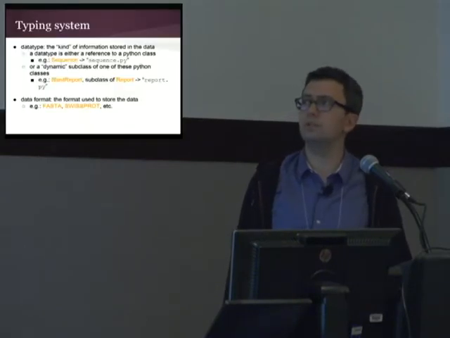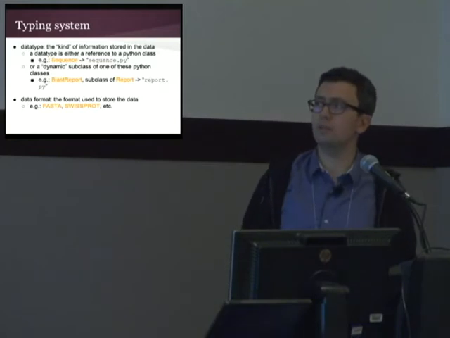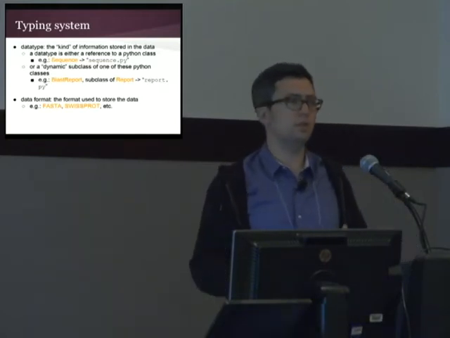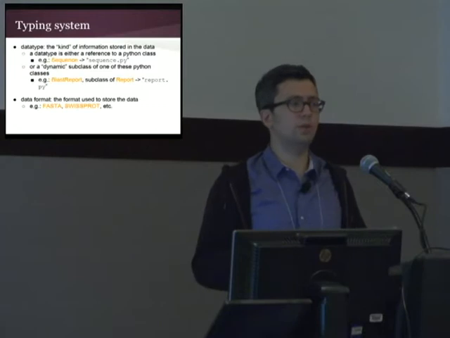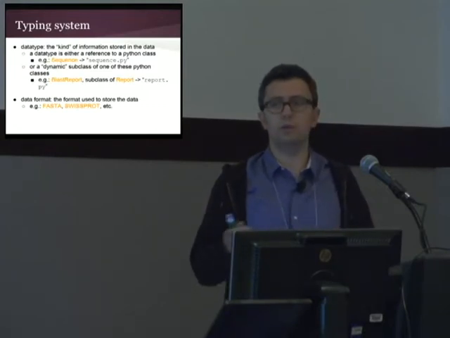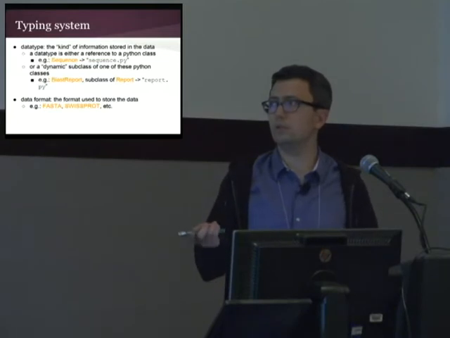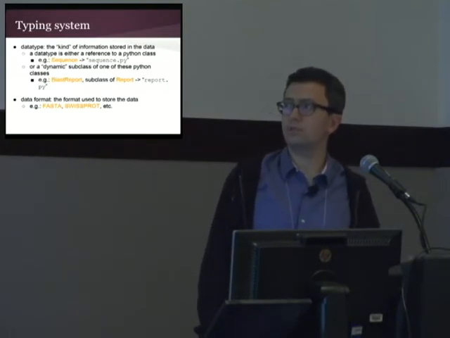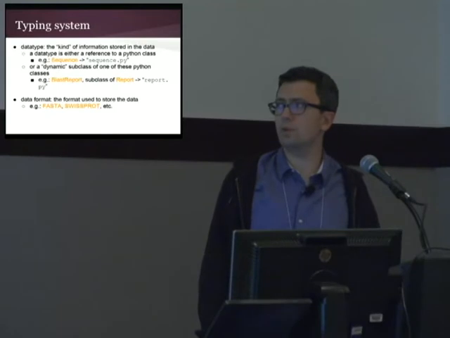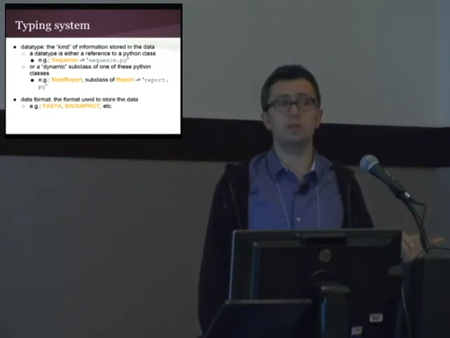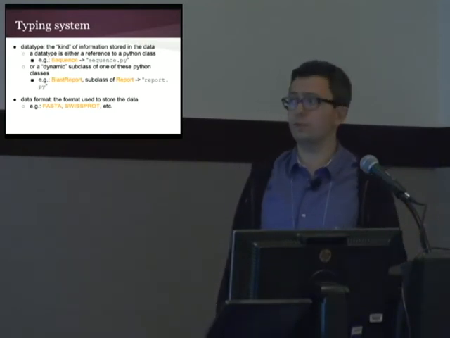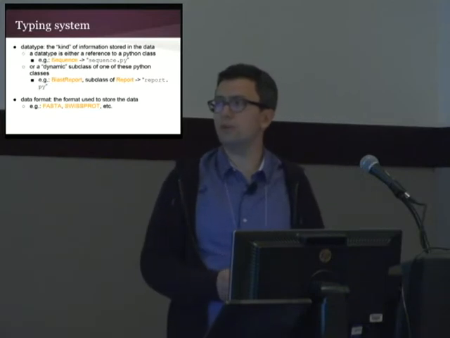So a data type is either a reference to a Python class, for instance a sequence, or a dynamic subclass, which is used in the case where you don't want to be able to pipe it to everything that is in the superclass. So for instance, blast report is a subclass of report, but we don't have a Python class for report. And we also have some